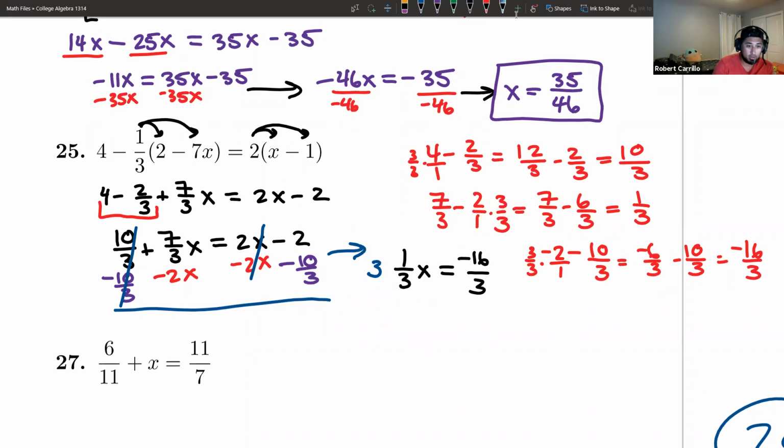Good. Here, I'll do that. I'll do 3 over 1 on this side and 3 over 1 on that side. And over here, 3's cancel, and you are left with x on the left side. On the right side, 3's cancel, and you're left with x equals